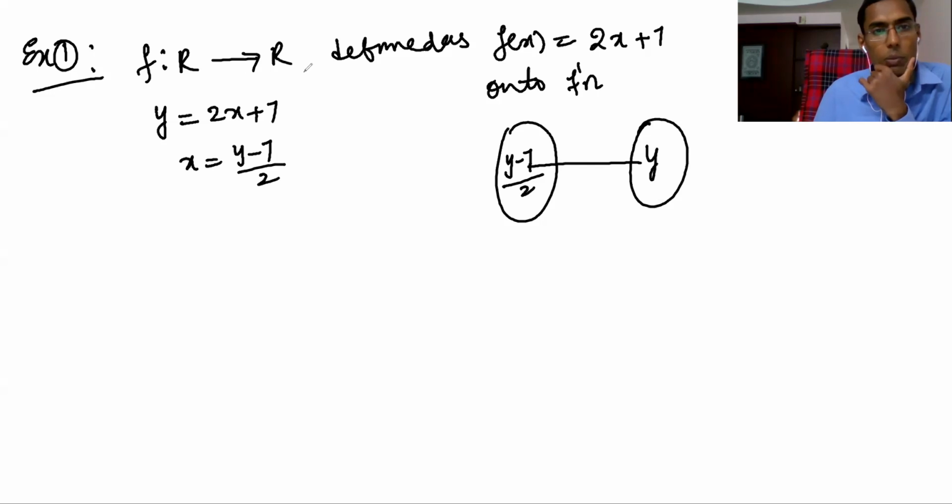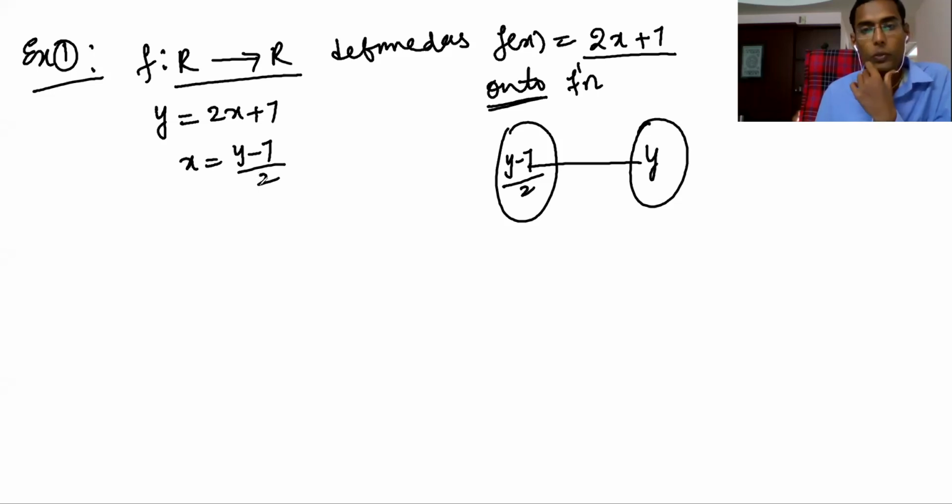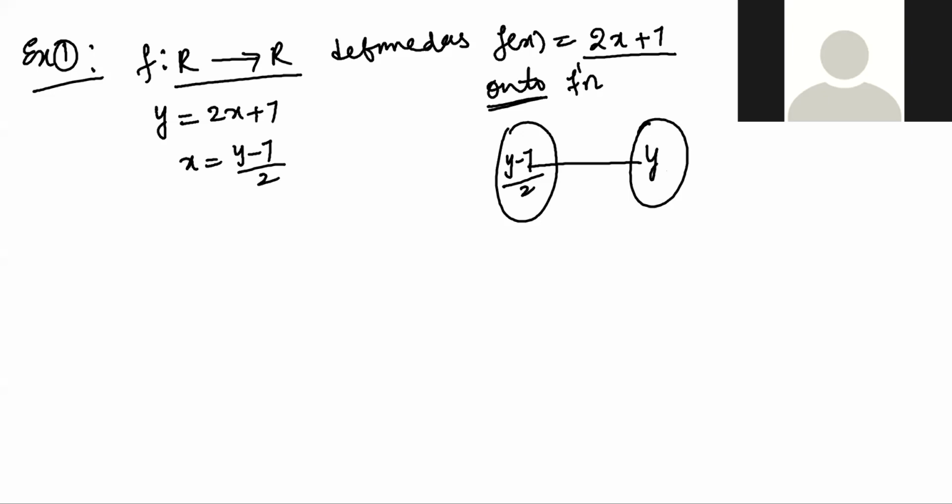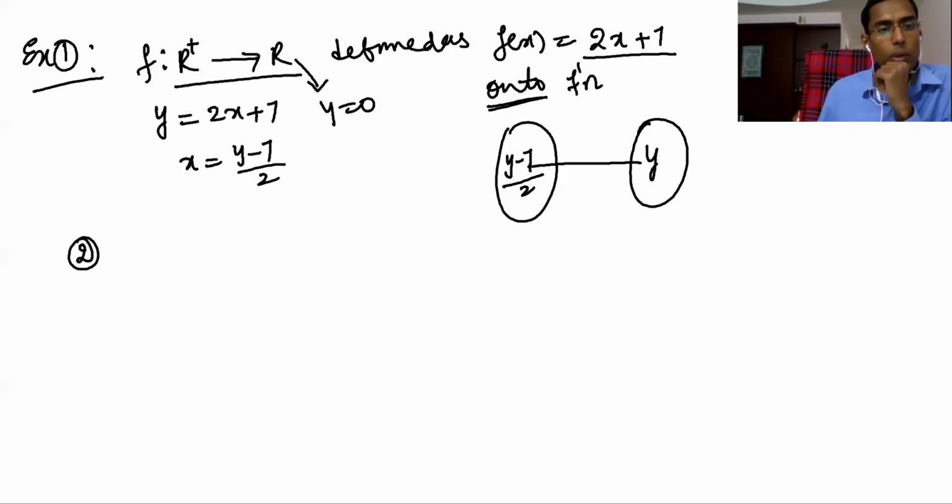So that means what? f maps R to R defined as linear functions. Whatever linear function you take, this also becomes an onto function. There is no problem, because y is a real number, (y minus 7)/2 is also a real number. So that means here, very simple. For example, now f maps